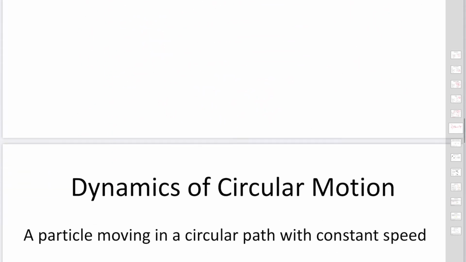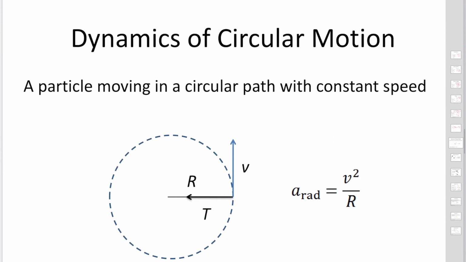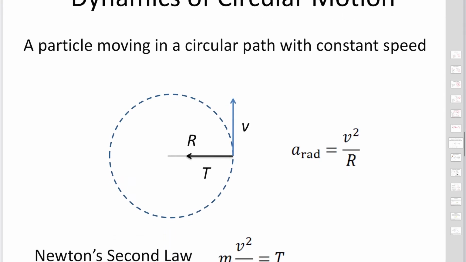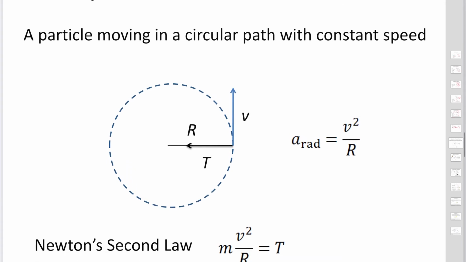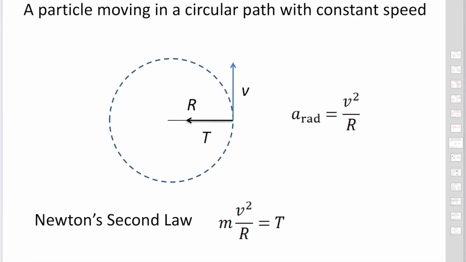Then we'd like to apply Newton's laws to the dynamics of the circular motion of an object. So, a particle moving in a circular path with a constant speed. In this case, acceleration is expressed with the radius of the circle as capital R and the velocity v squared. v squared over R is the acceleration. Then the second law is expressed: mass times acceleration becomes, in this case,